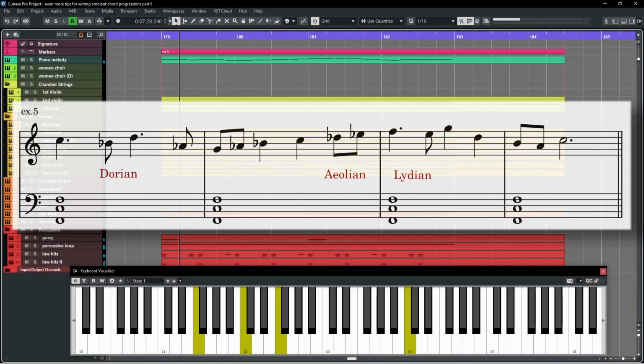Or using modal mixture in more of a melodic approach. And of course, since we are jumping through different modes, why not borrow some chords?